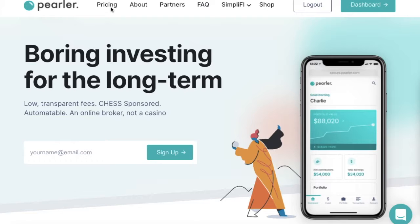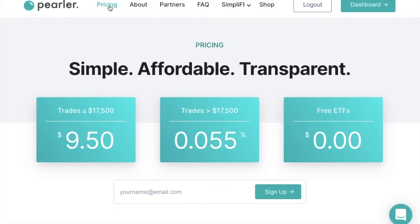Perla, boring investing for the long term. Let's check out their pricing. It is quite cheap with a brokerage fee of only $9.50 for trades less than or equal to